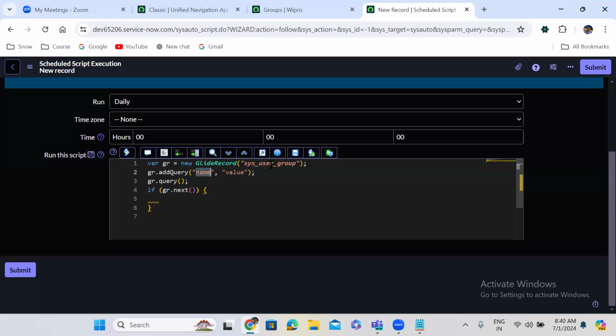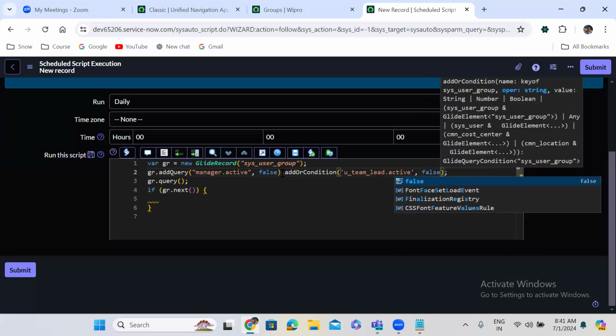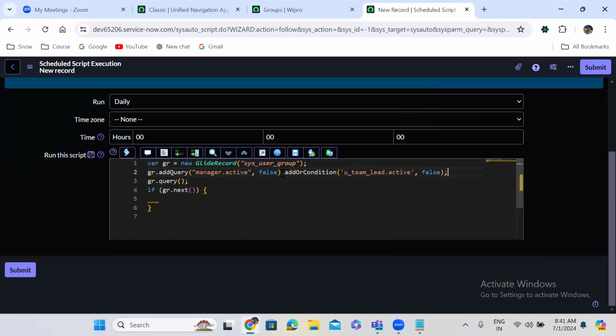So I'm actually writing a GlideRecord on the group where manager.active is false, addOrCondition u_team_lead.team_lead.active, false. If any of them are false,